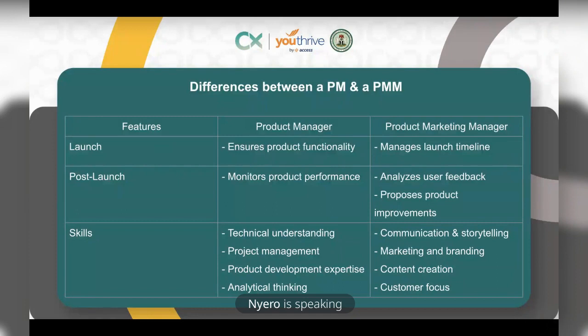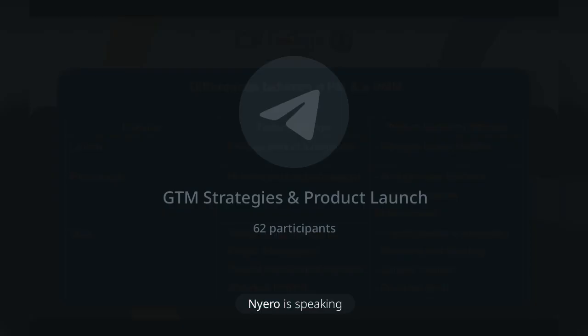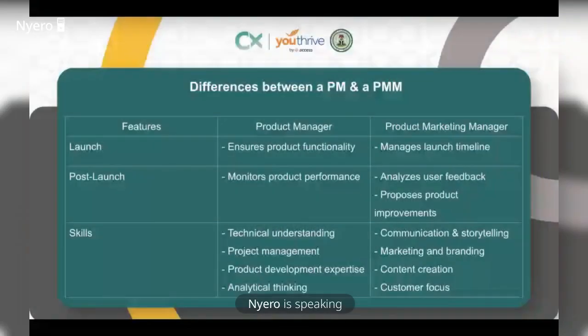In terms of skills, a product manager needs to have a bit of technical understanding because you are working with technical teams, you are working with devs. You can learn on the job in terms of technical understanding. You don't have to understand all the tech jargon that they use in terms of building technical components of your product. You also need to have good project management skills, product development expertise, and be an analytical thinker